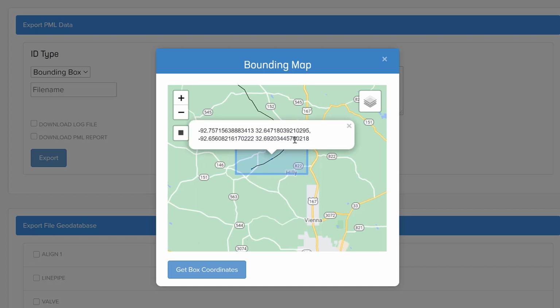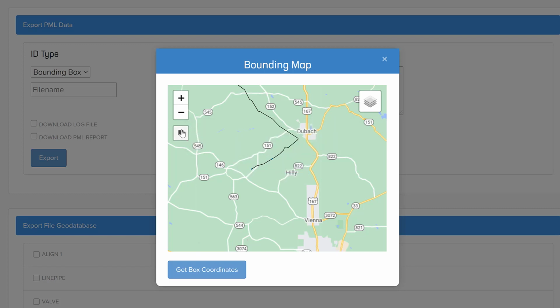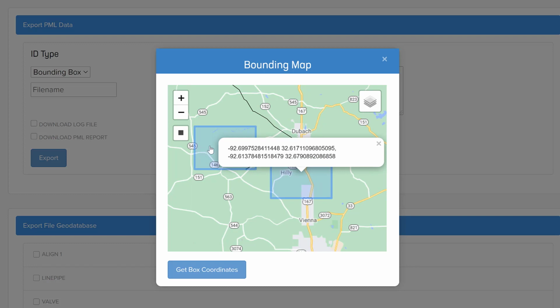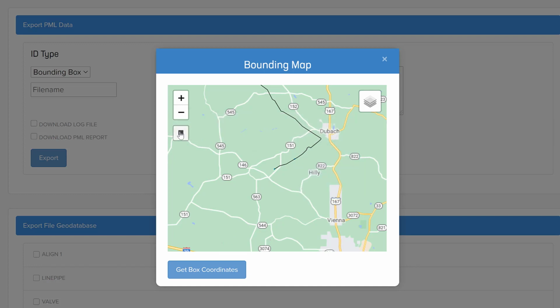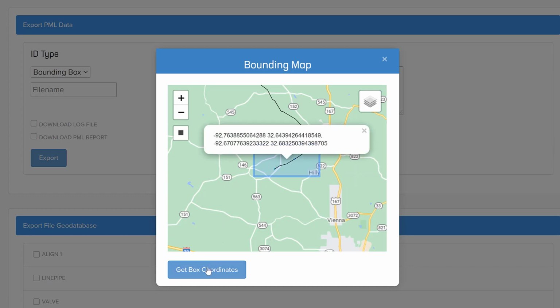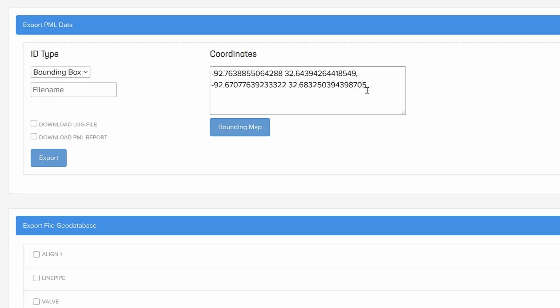You can click on it and you'll get a pop-up indicating what the coordinates are. If you right-click on the box, you can delete it. You can also draw multiple bounding boxes. And the last one that you click on will be the bounding box that will be grabbed when you hit get box coordinates. So we'll grab a few coordinates in here, get the box coordinates, and it's automatically populated in